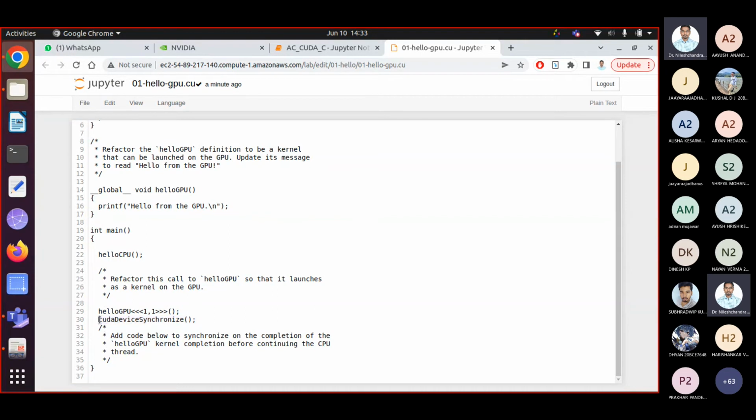After this synchronization, the next statement is the closing curly bracket of the main function. Now your program will be terminated after printing hello from GPU from the GPU side.